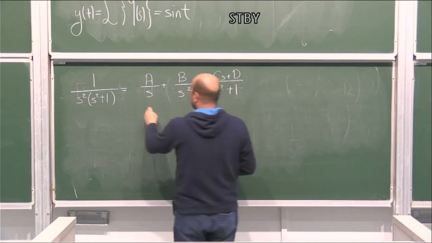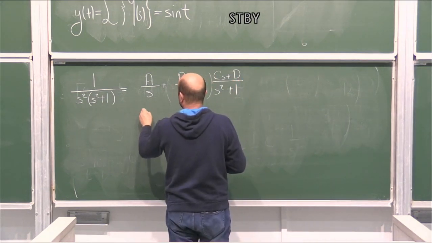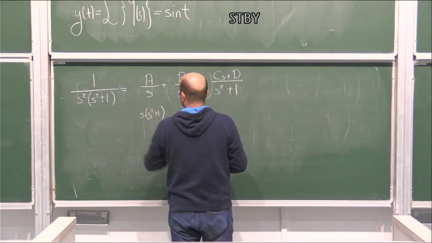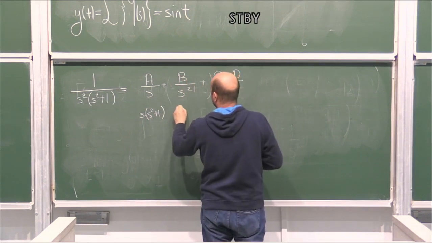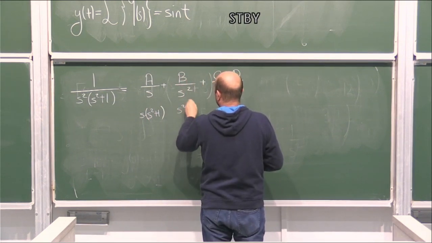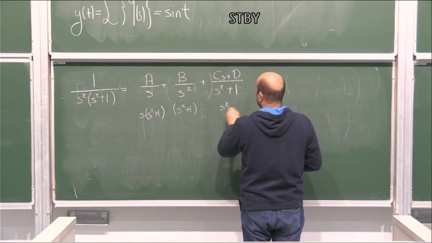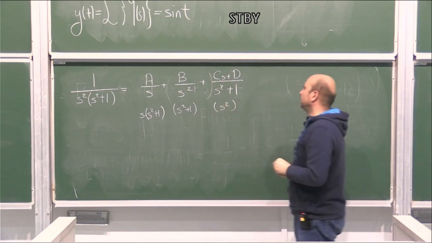So how do we do this? We multiply this thing with s times s squared plus 1. We multiply this thing with s squared plus 1. And we multiply this thing with s squared. If you do this thing,